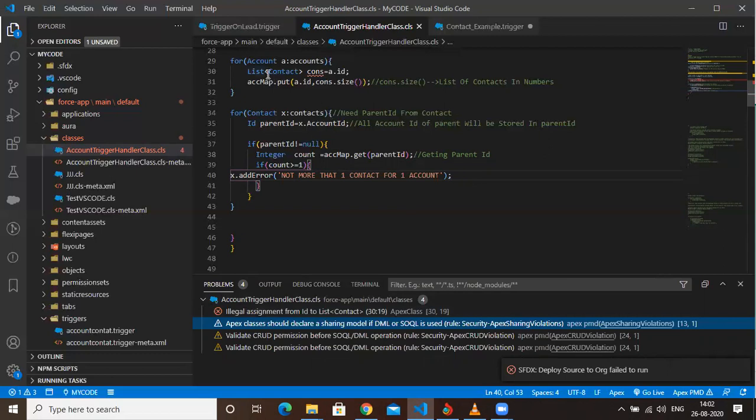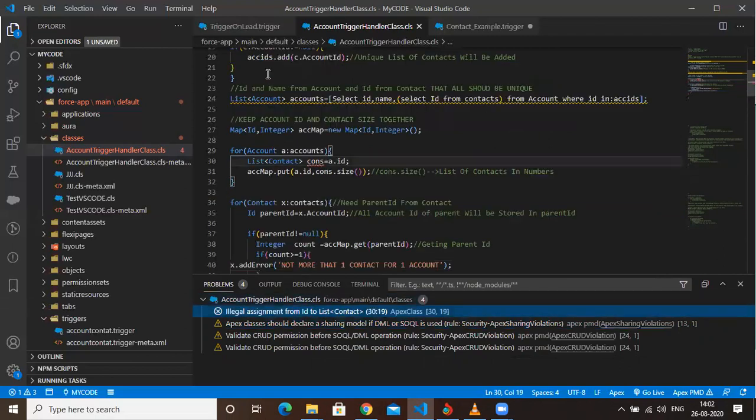Line number 30. Contact illegal assignment.